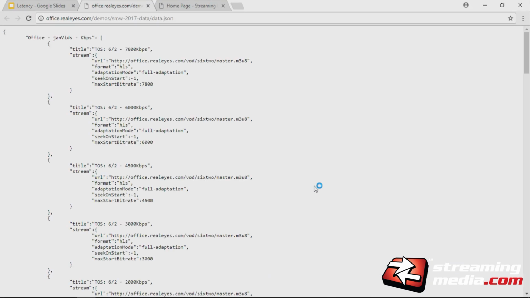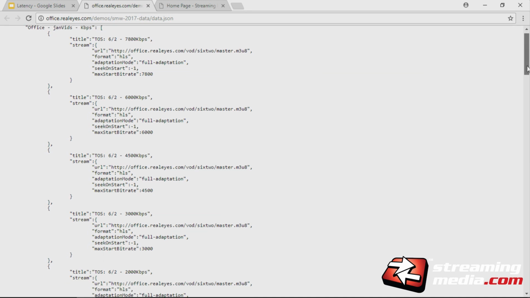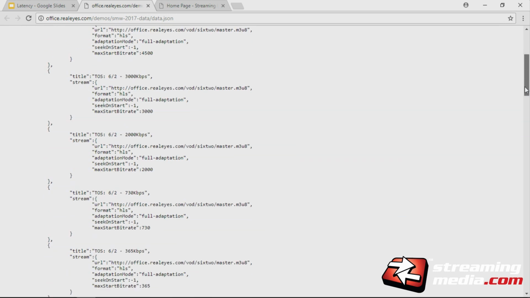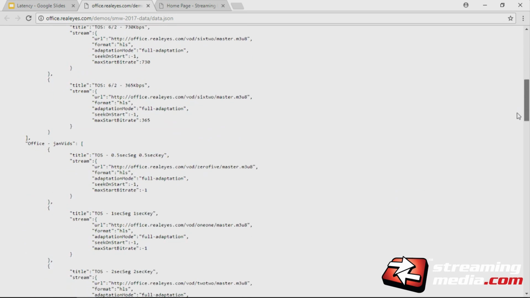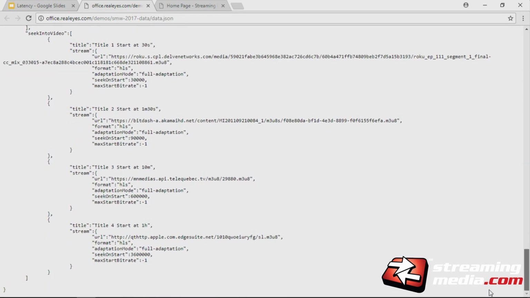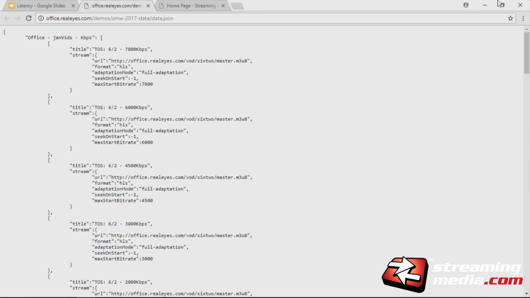We gave everything just this JSON file that we were able to compile up what we had there. So different rendition ladders that we wanted to use, what start times we want to use, adaptation modes we want to use for things like on Roku, and be able to essentially do a lot of testing pretty quickly with this, and then we just add more content to this whenever we want.